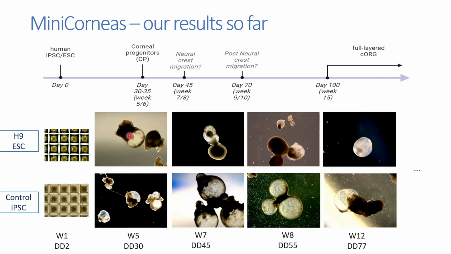And you can see, these are 2 different lines, not patients. These are just without PAX6 mutations. You can see they really form these clear bubbles here. And then sometimes they grow really big. There's still some variability. So for example, some lines I grow a lot of them, other lines I grow not a lot. So this is really also some technical aspects I still need to improve. But overall, we can generate them and we can grow them.